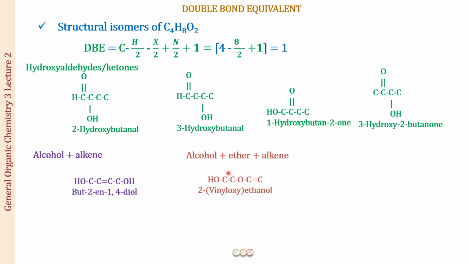What I have drawn is 2 carbons, then an ether oxygen, and then 2 carbons, and now because I wanted a double bond, I have put a double bond over here, right? Now what is going to be the name of this compound? Well, the functional group is the OH group, and the ether always is a substituent, so that is going to go as a prefix, right?